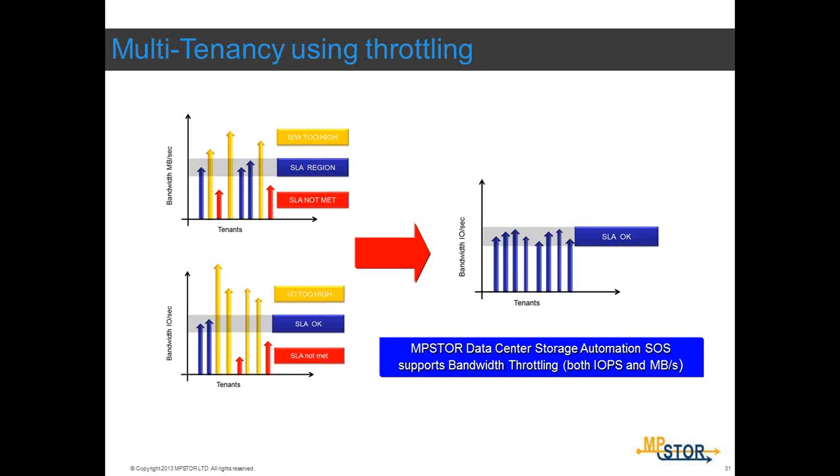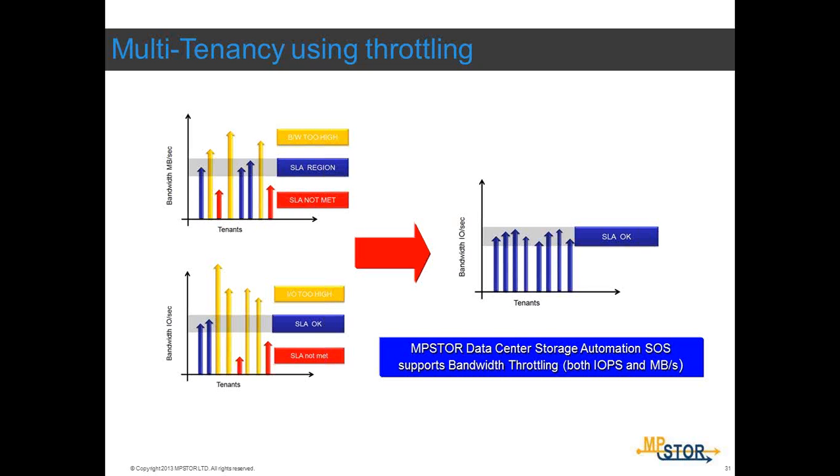You really want them all to stay within an SLA range. And the whole issue of throttling, both on IOs per second or in bandwidth, is